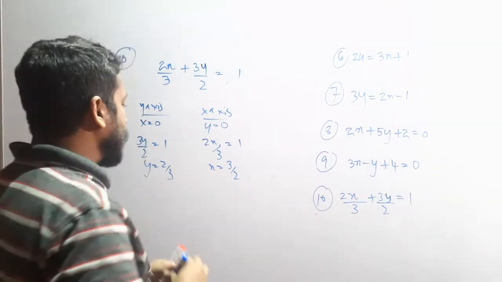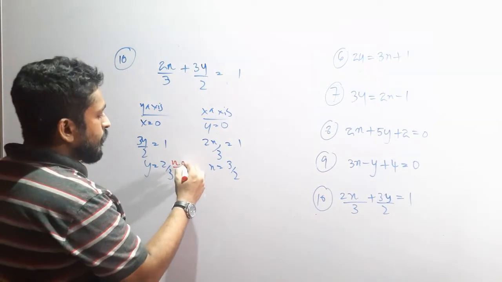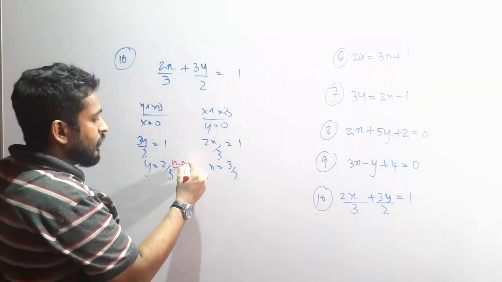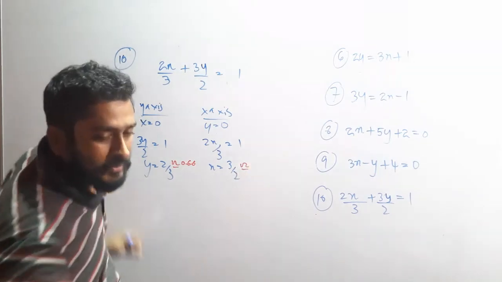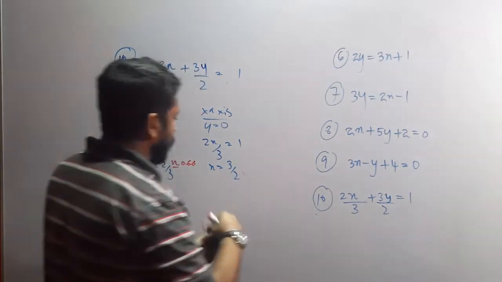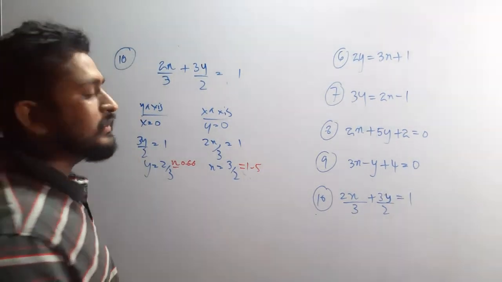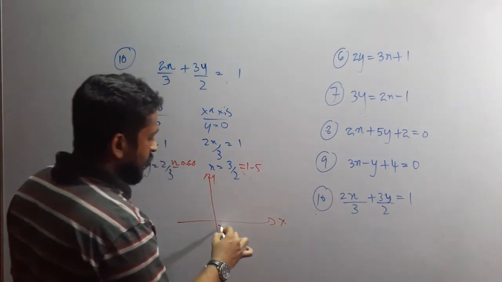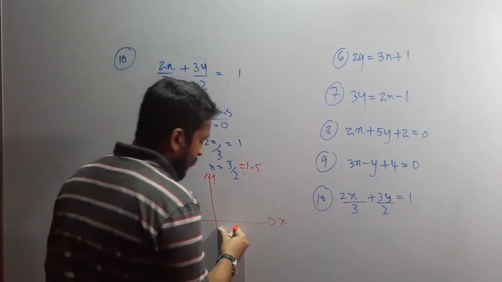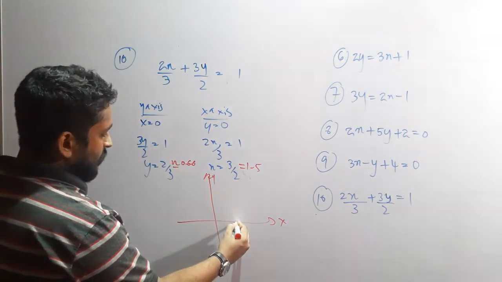So now let's go. 2 by 3 approximately. What is the approximate value of 3 by 2? That's not approximate, exactly 1.5. Now you know that it is around the unit 1, so you can make it larger comparatively. Yes. X-axis, y-axis, origin, and you can mark it later as well. Yes, 1.5. So 1, let's have 1 like this.